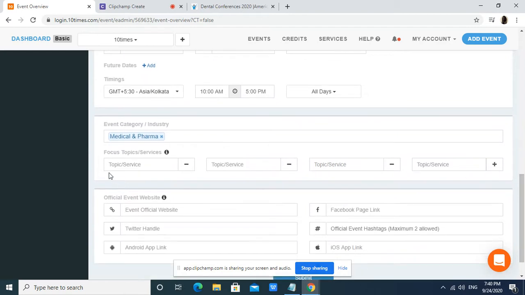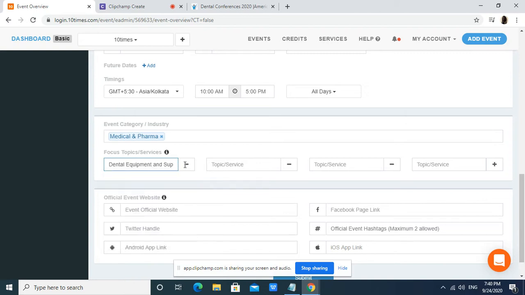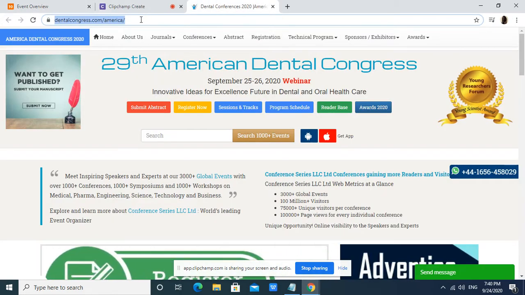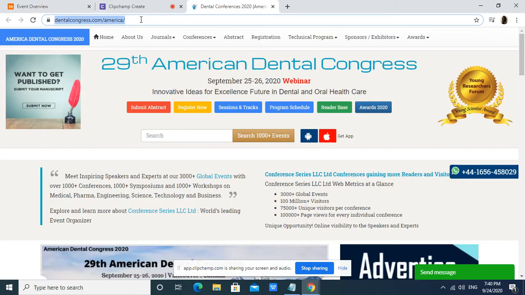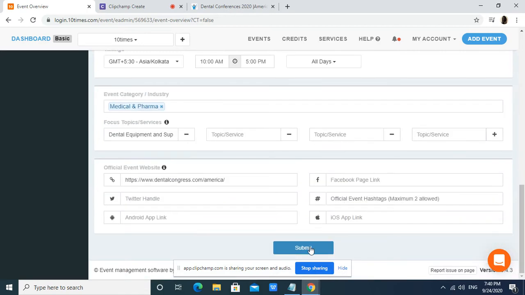You can add the focus topics and services covered in this event. So let's say we have dental equipments as one of the categories. Then this is the mandatory field: you need to enter the website of the event and submit.